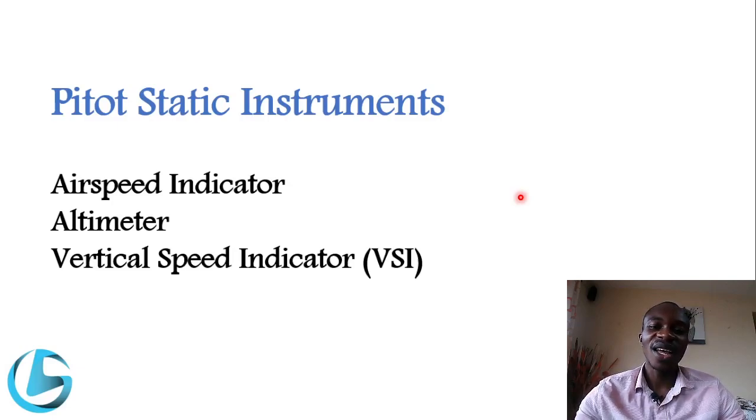So that is basically how the instrument works. The instrument is calibrated in knots, but on some older aircraft you have those that are calibrated in miles per hour. So that is the airspeed indicator. Now the altimeter